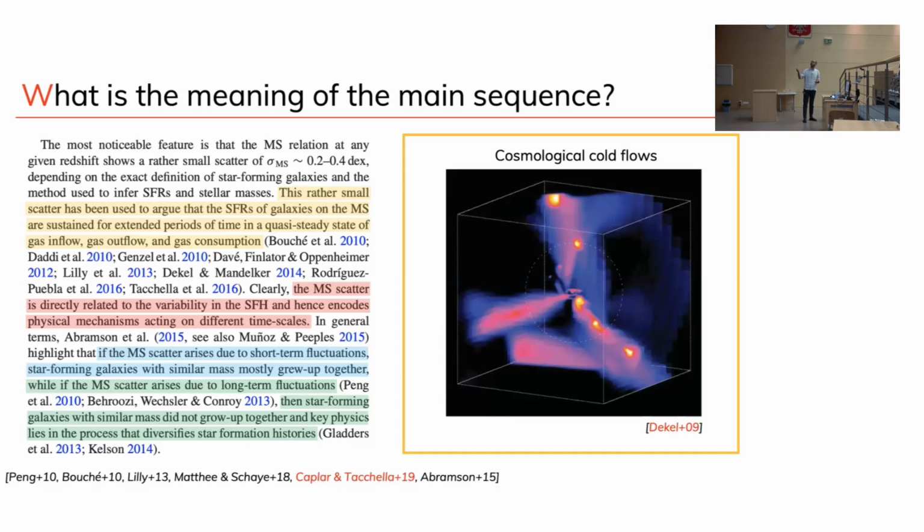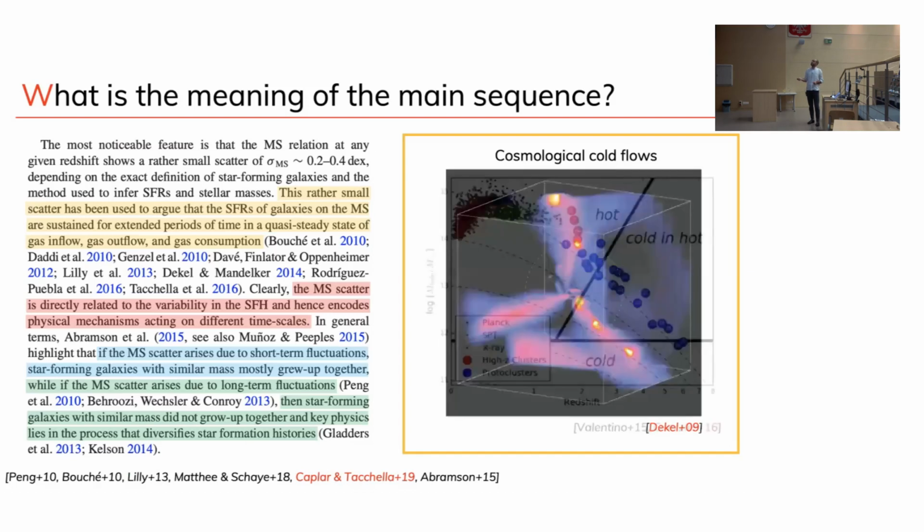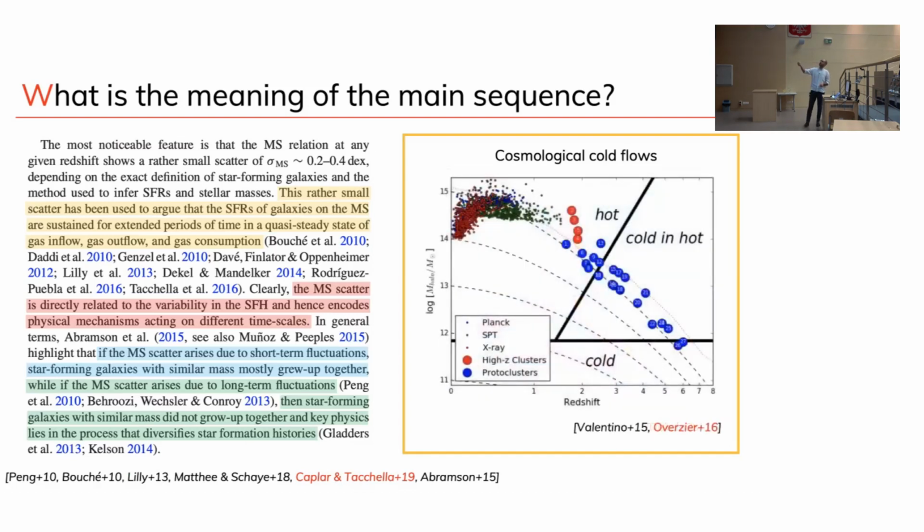So this is cold, relatively cold gas, that can penetrate deep into the halo, here represented by this circle, and reach the galaxy. And this cold gas will then feed the star formation rate as a function of time. So this is seen in observations. This is just a projection of halo mass versus redshift space. For low mass halos, this is standard as well. So everything here below, at any redshift, you can keep accreting cold gas. So that term that is bringing gas inside your galaxies is basically there all the time. So you do have gas replenishment, and this is what keeps your star forming galaxies active.